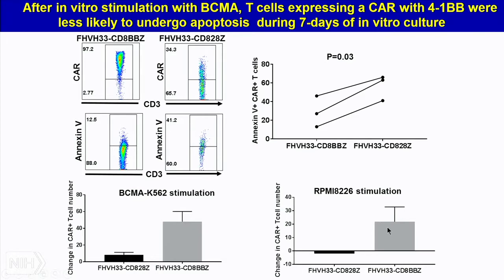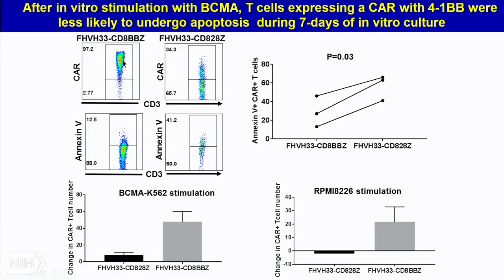So why would that be? We found that the CARs with the 4-1BB moiety were much less likely to undergo apoptosis. So we think that the reason why more 4-1BB CAR T cells accumulate is because of a resistance to death by the 4-1BB CAR T cells, which is consistent with previous work done by others. And we found a greater accumulation of these 4-1BB CARs in vitro very consistently. You can see here, this is the 4-1BB CAR